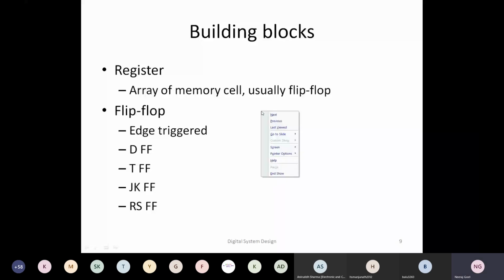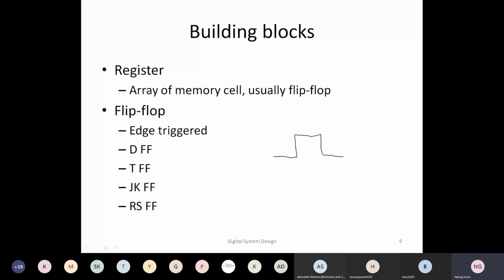Okay, so you see, this is your clock. If it is a latch, that means it is level triggered. If it is level triggered, the change can happen here, change can happen here, change can happen actually anytime in this level. But if it is edge triggered, that means whenever my clock signal is changing from 0 to 1 or 1 to 0, that particular time instance of transition is quite definitive. And that is why we use flip-flops, not latches.